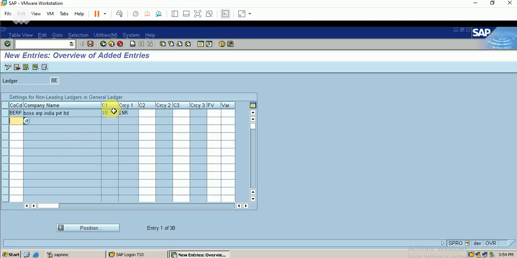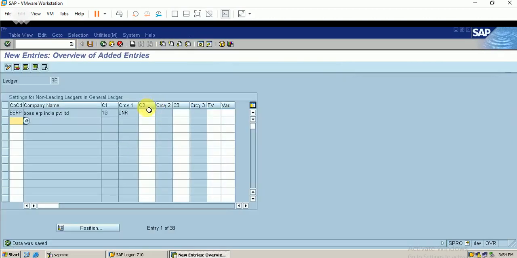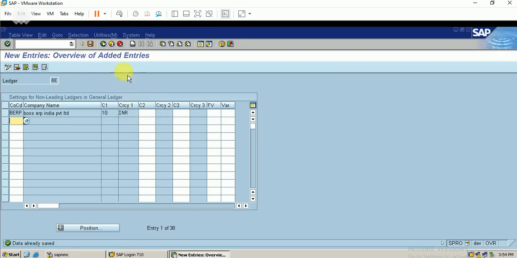This is my first currency, and here I can give the second currency, that is my group currency. Let me save it first. Okay, just leave it now. I will be giving it again.